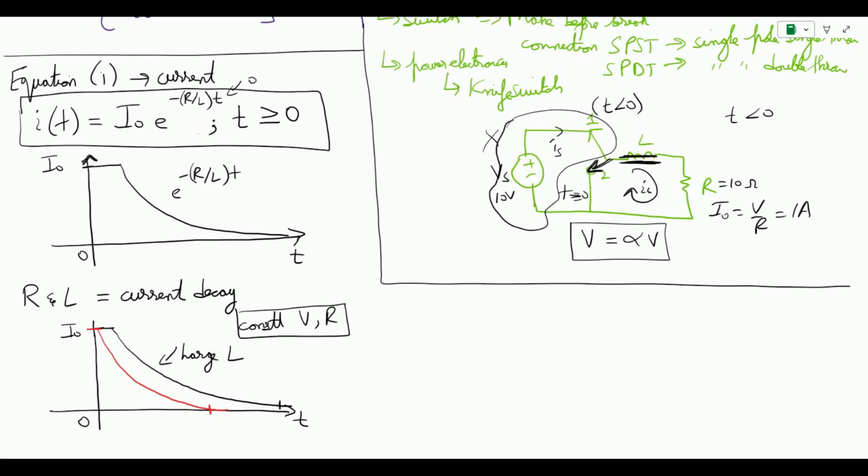So this is for a small L, which means the inductance will store a small amount of current, and the steady state condition meaning that the inductance can reach its final value, which in this case is 0, quite faster compared to a larger value of L. Now what happens if we have